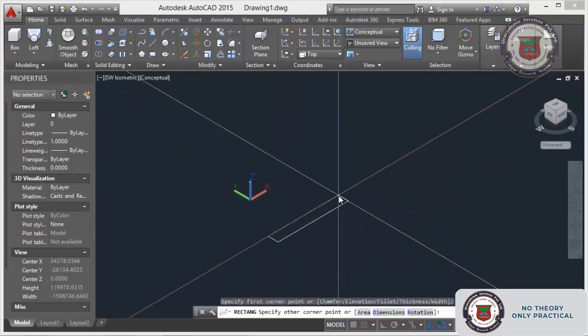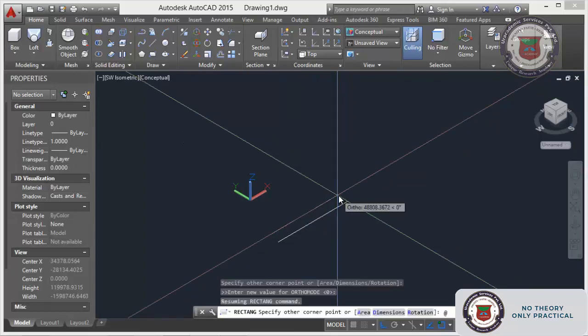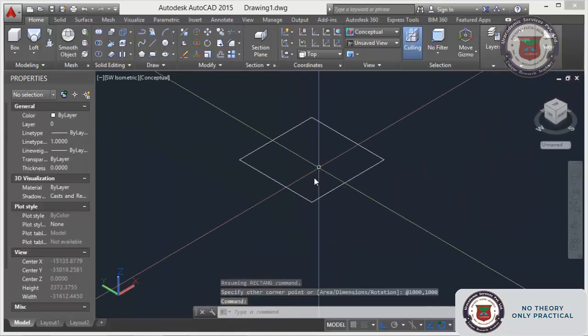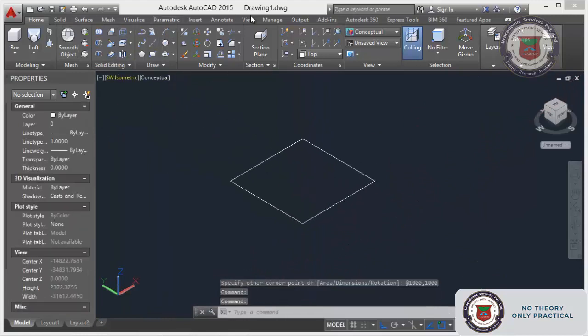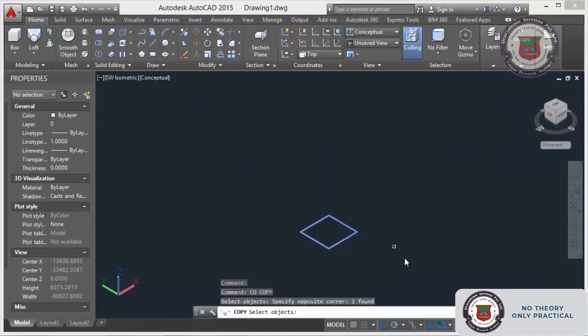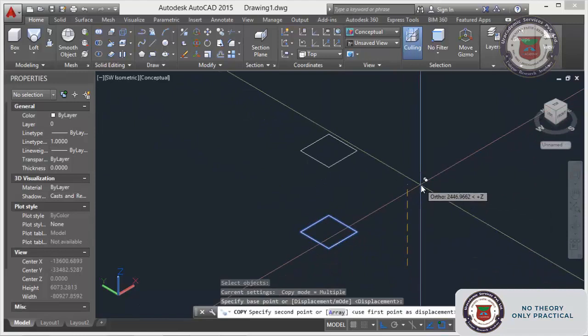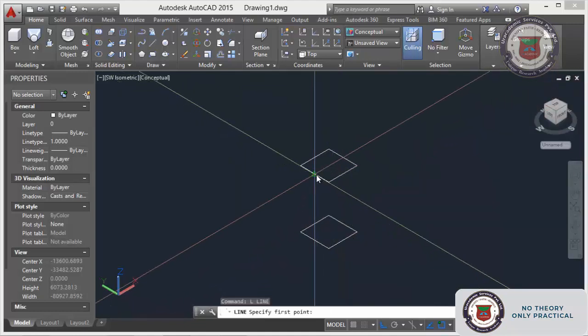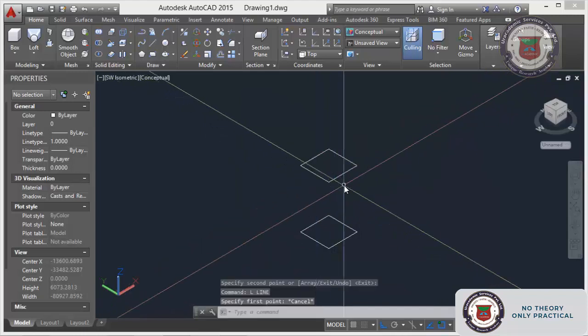We can make a rectangle, 1000, 1000. Okay, this is my 1000, 1000. The distance I can keep 2000. In between that I will prepare a circle.